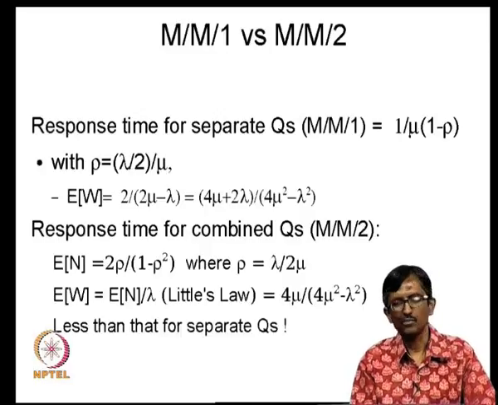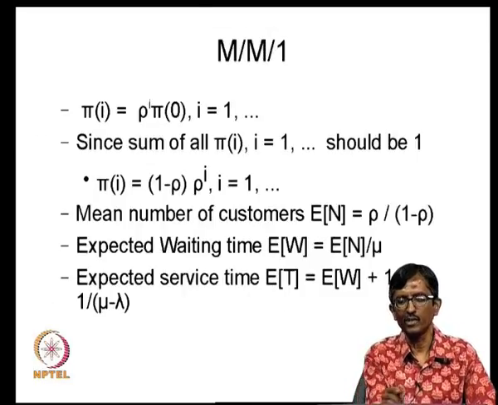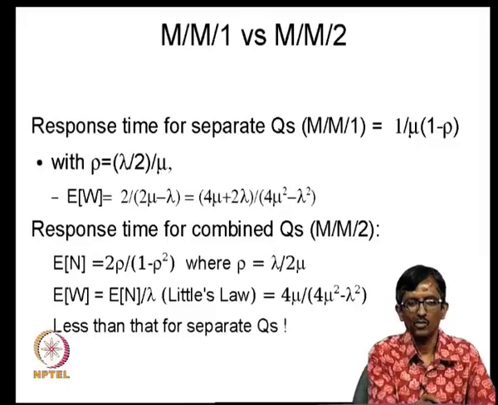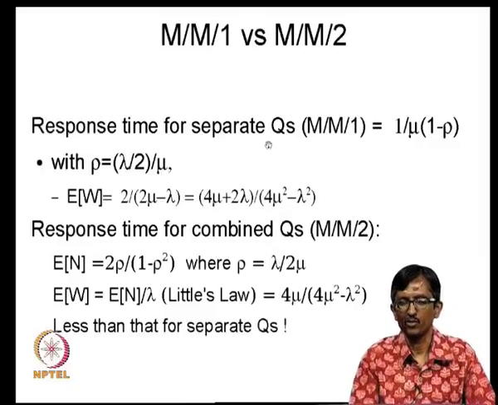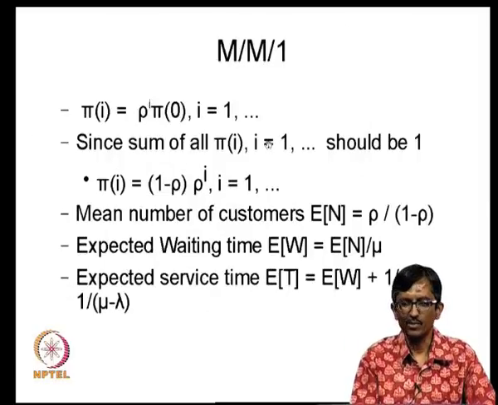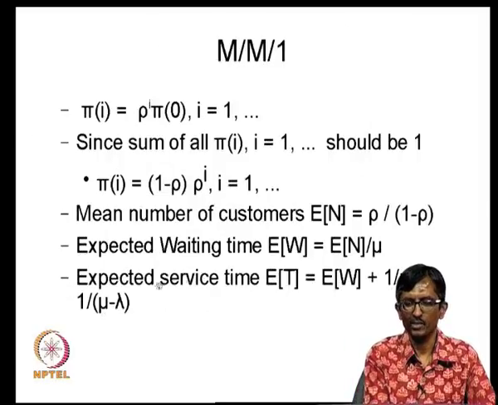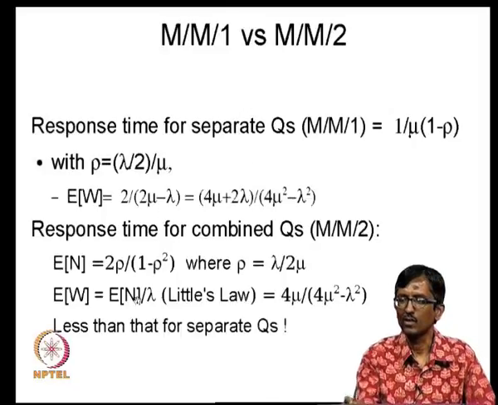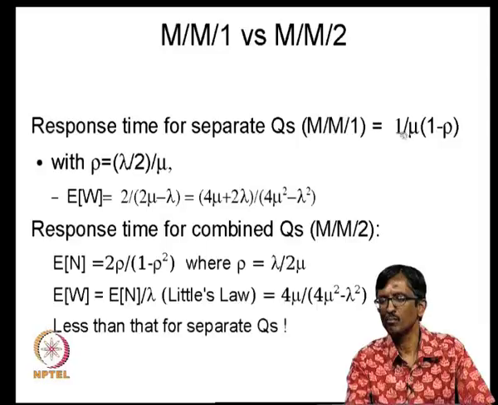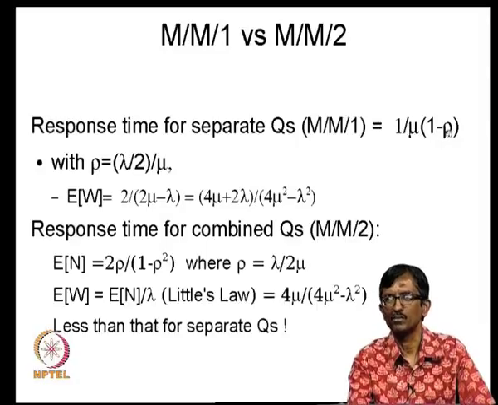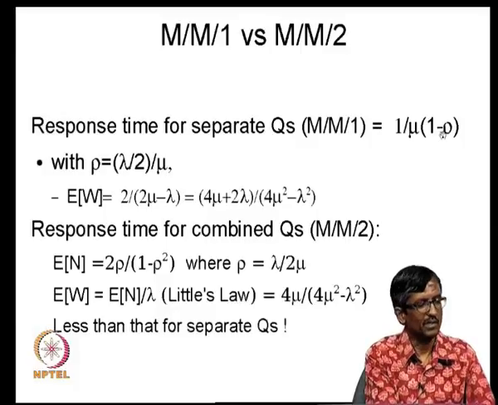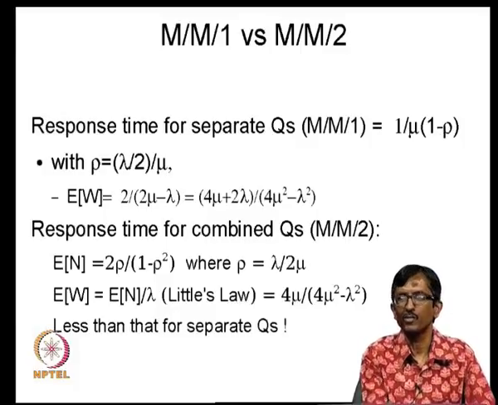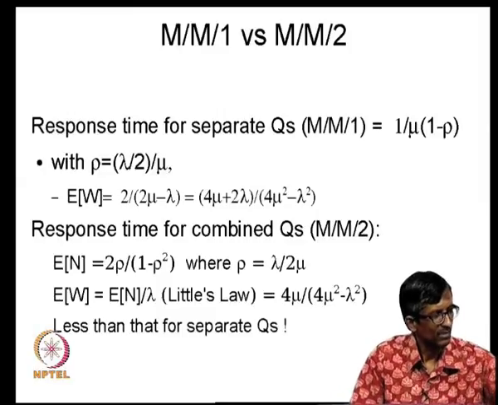So if you do this MM1, that is how we did MM1 here. So now if you take the response time for separate queues, right, this is basically this one, 1 by expected service time is 1 by mu minus lambda, that is what I am putting here. Okay. This is same as that, 1 by mu minus mu into rho is basically lambda. Okay. Now the situation right now is what is rho for the separate queues. If you remember this,